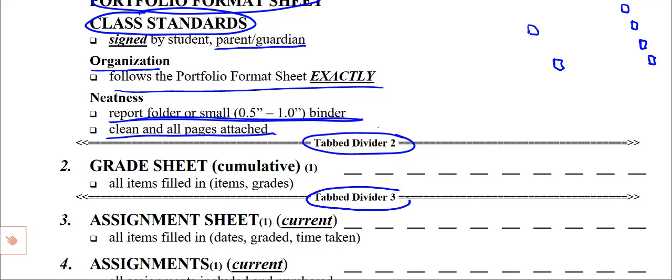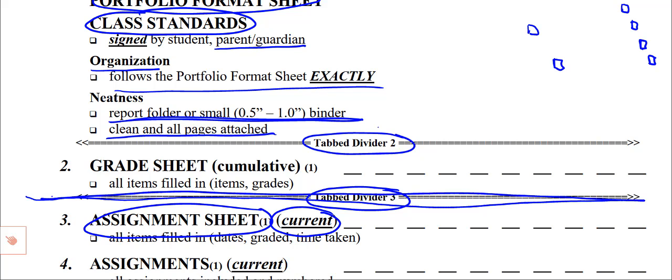Third divider will be the assignment sheet that you just received. And when Unit 2 comes along, I don't want to see the Unit 1 stuff. So let's draw a line here. Everything above this line you're going to keep throughout the whole year. Everything below this line changes from one unit to the next. Okay? So the assignment sheet that you have in front of you,